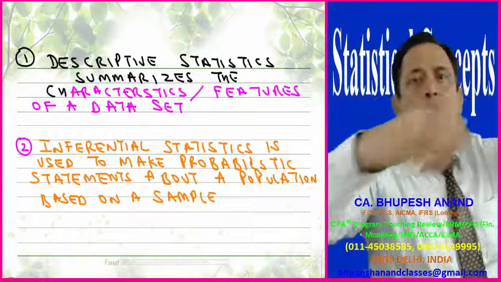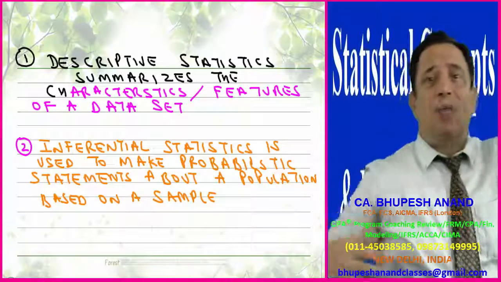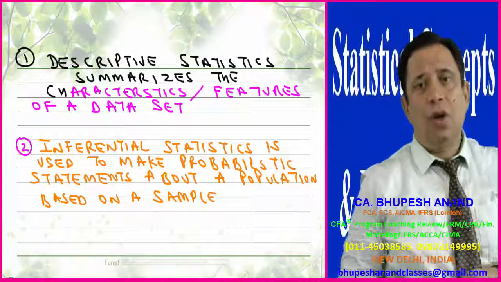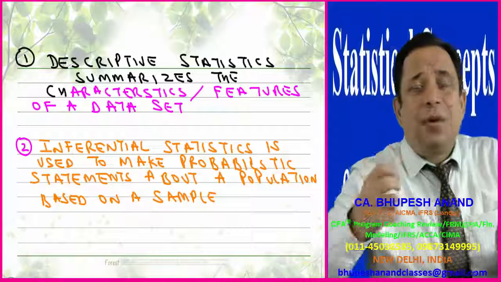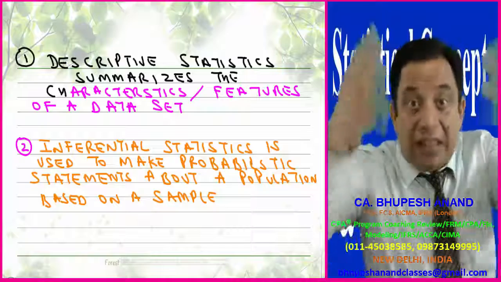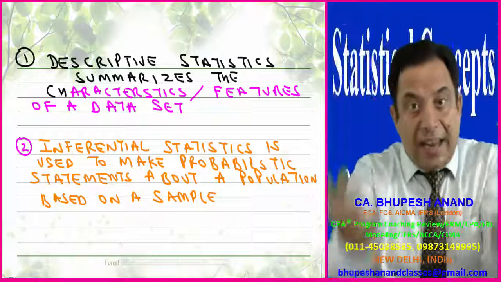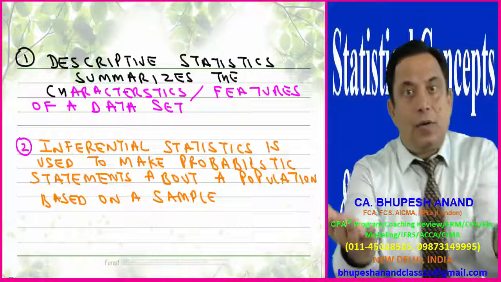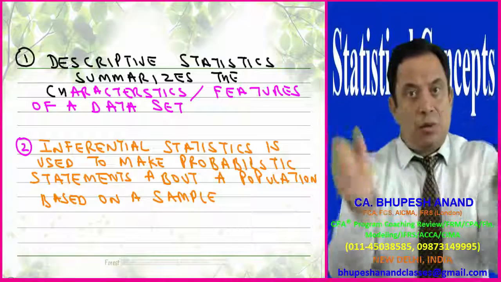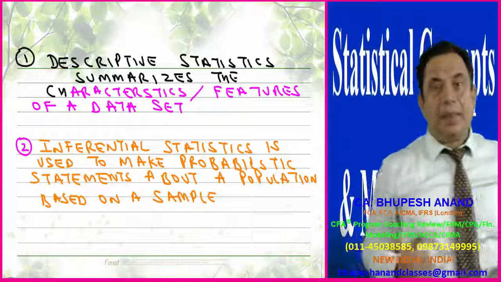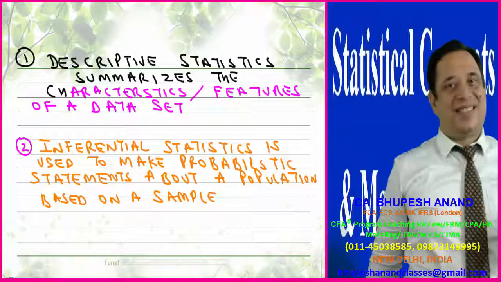For example, for the number of patients who are suffering with cancer, I am summarizing how many are non-vegetarian and how many are vegetarian. I am just categorizing and summarizing the data, in which age they are suffering with cancer. That is descriptive, because a data set is given to me. Similarly, data is given to me for CFA level 1 examination students who are actually sitting in front of me. Then I can calculate their timings, divided by 20, because I have taken 20 students and their self-study timings. That is named descriptive statistics.